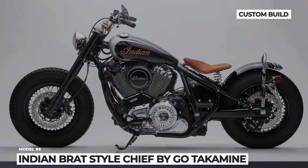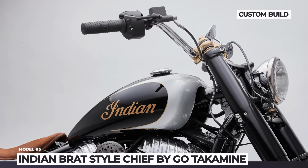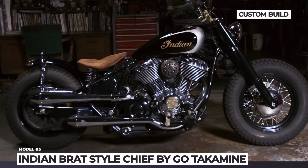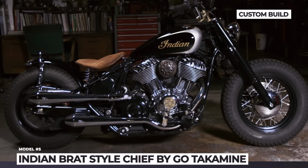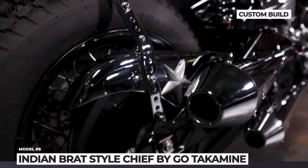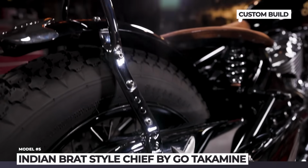Indian Chief by Go Takamine. One of the latest and most impressive customization projects of this year was created by the renowned Japanese builder Go Takamine. Their Brat style is about being simple and effective, the two key qualities needed by a rider to move